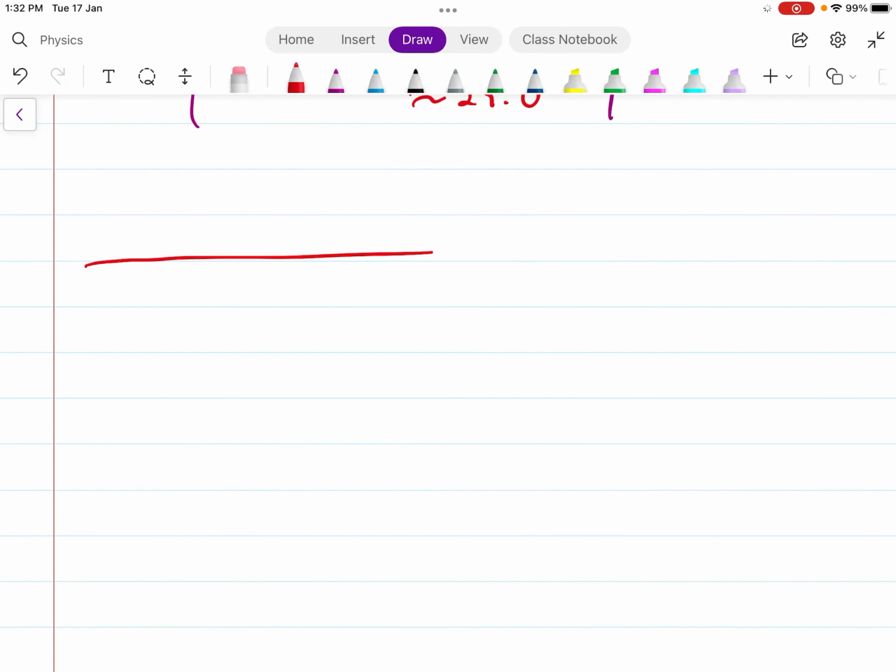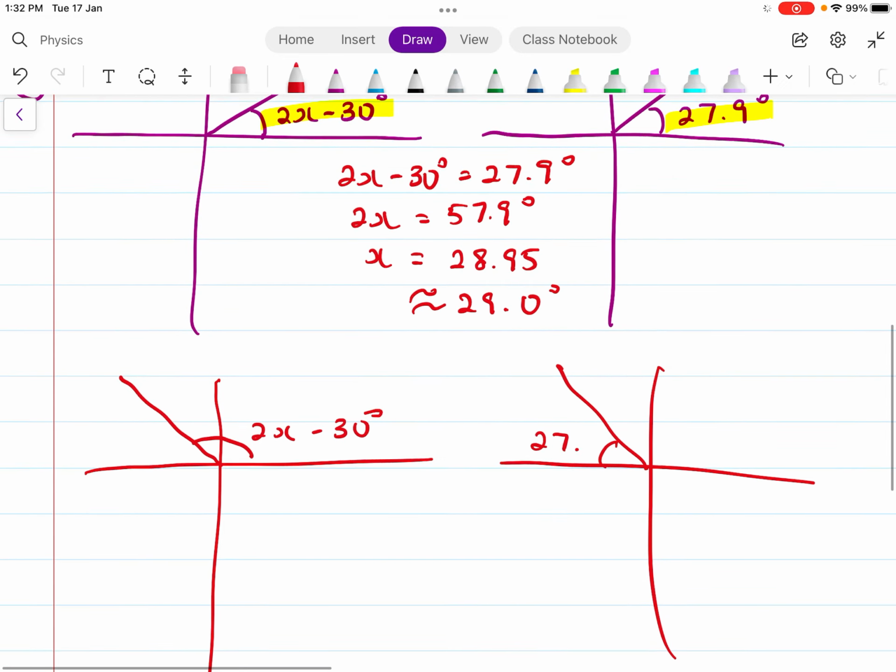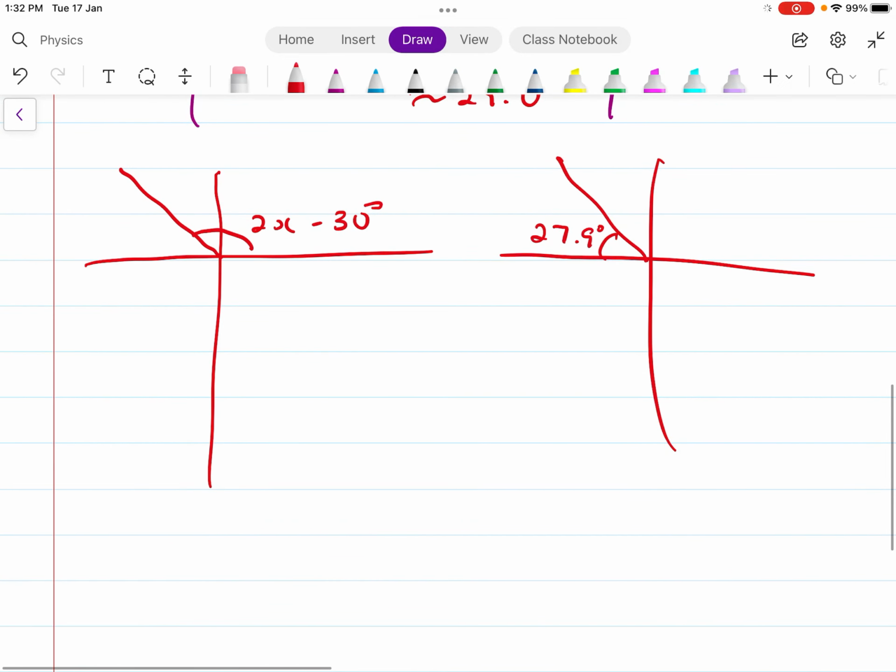So the second quadrant is like this. This is 2x minus 30 degrees. Now I go on to the basic angle, which is 27.9 degrees. Of course, how do I find this? You simply use 180 minus 27.9, and you should be able to get an answer of 152.1 degrees. So 2x minus 30 degrees is equal to